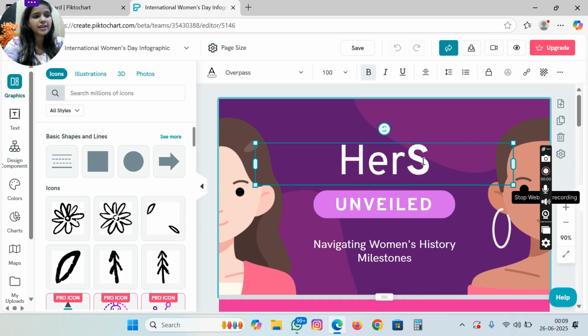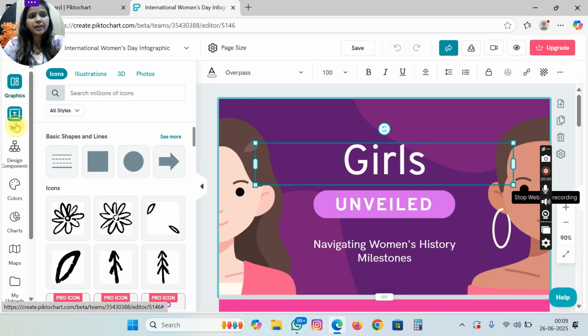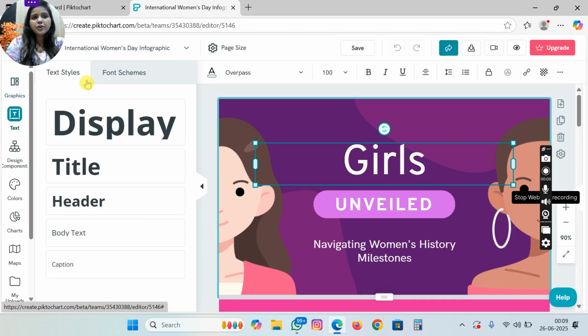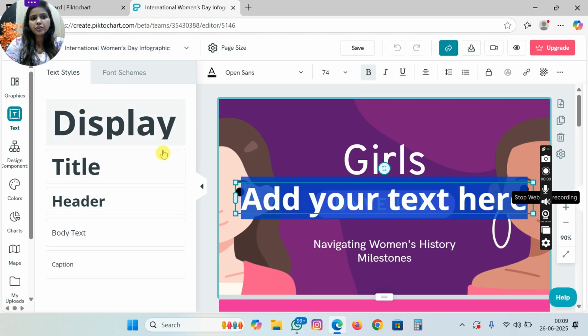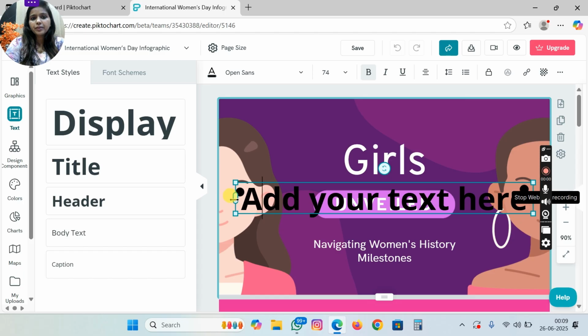You can erase the text, or you can add your own. Like I'm going to write girls. By clicking on this text option, different text styles are there. You can select any one, or you can add a new text box also. I don't want it, so you can just delete it.